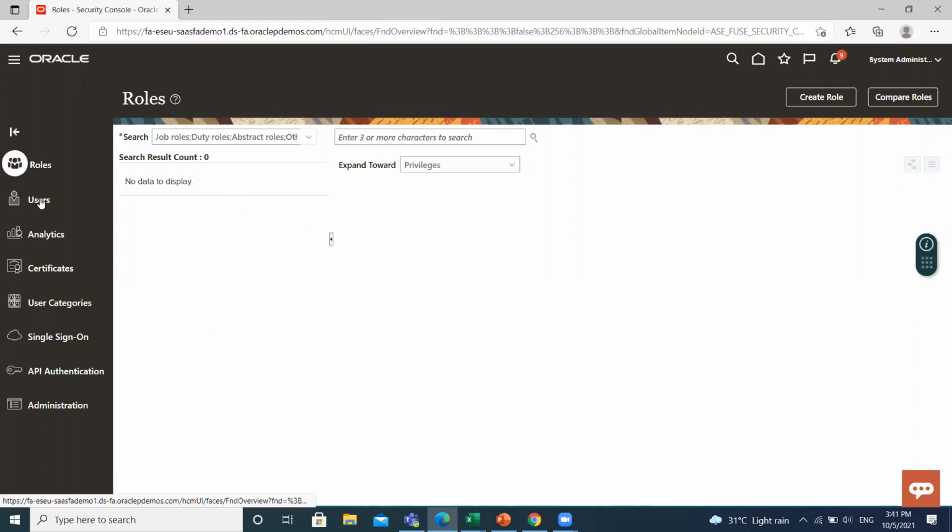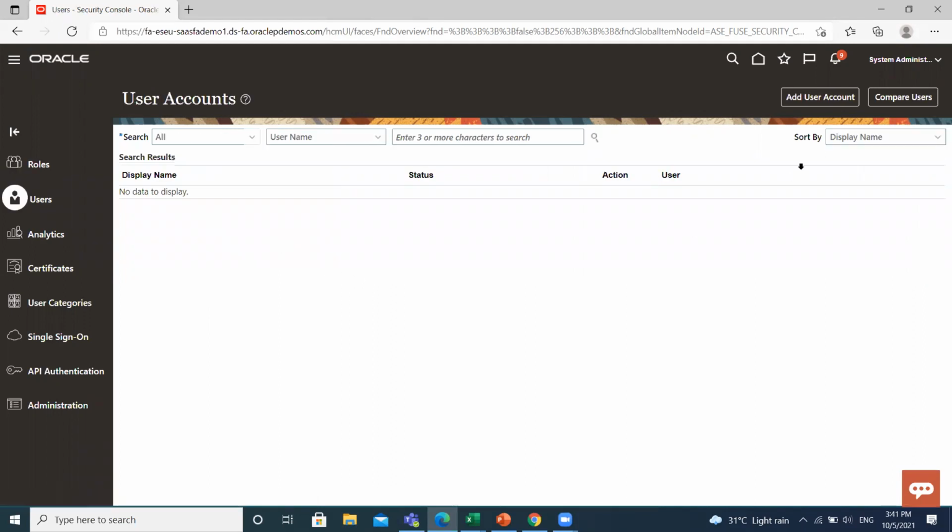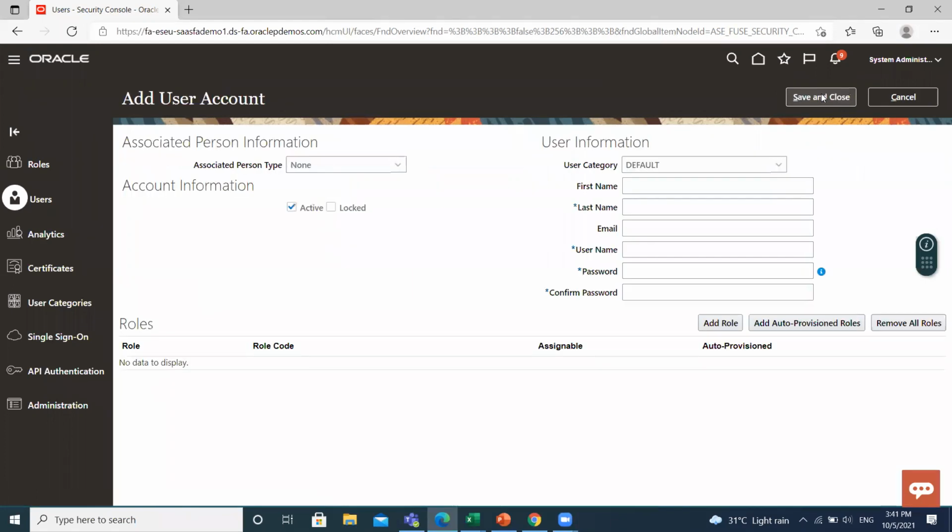So go to Users, and at the top right of the page, click on the User Account option. From here, you can create the user. Fill in the mandatory information: the first name, last name. When you fill in the name and last name, the system automatically populates your username. Then fill in the password and confirm the password,